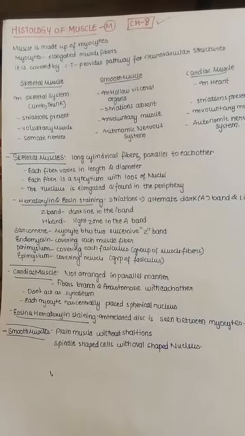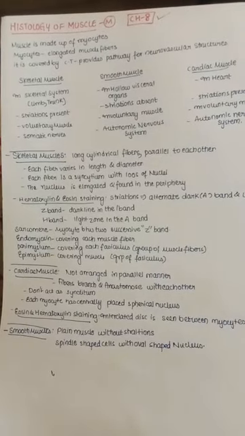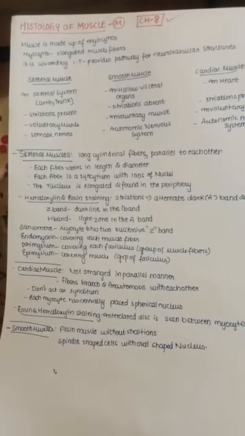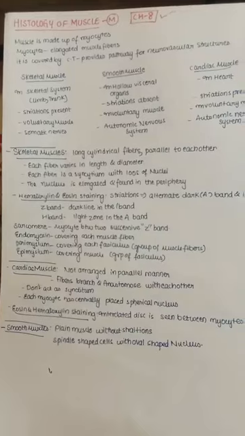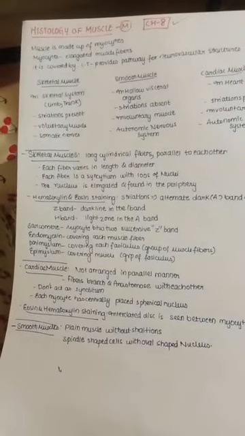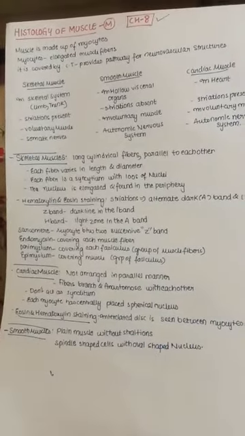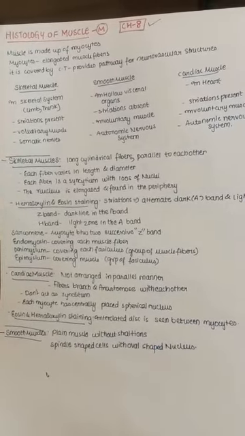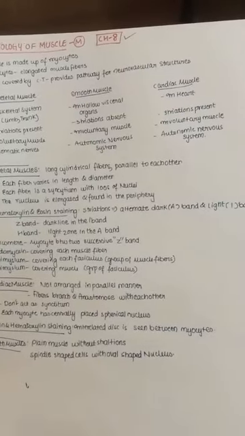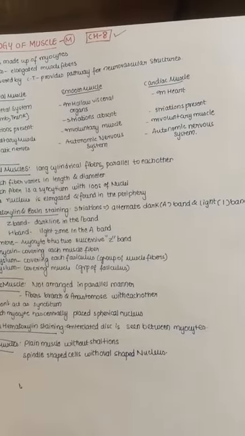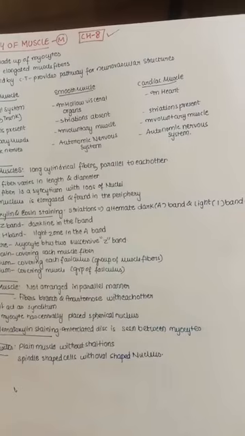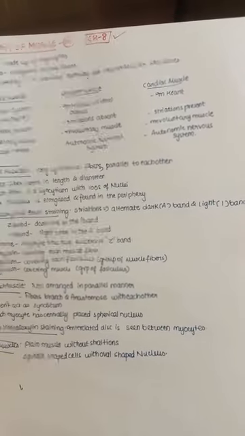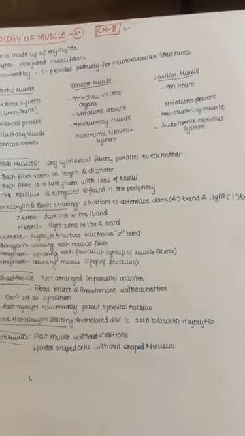The skeletal muscle is mainly present in our limbs and trunk, striations are present, and it's a voluntary muscle innervated by somatic nerves. The smooth muscle is in hollow visceral organs, striations are absent, and it's involuntary, innervated by the autonomic nervous system. The cardiac muscle is present in the heart and striations are present. It is involuntary and also supplied by the autonomic nervous system. So both smooth muscle and cardiac muscle are involuntary and the nerve supply is autonomic nervous system.